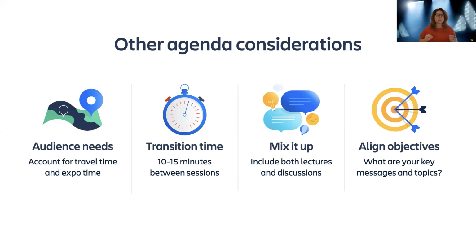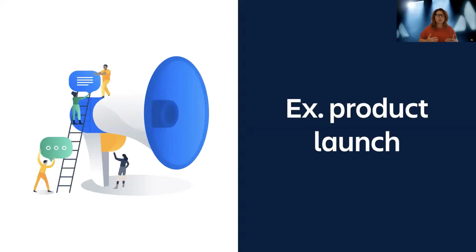And again, don't forget to align your objectives to the volume of content at your events. What are the key messages that you need to deliver for the different products and audience roles that you want to account for? How does that drive your agenda for the day? If it's a larger multi-day event, how might you categorize your content into tracks or topics? As an example, at Atlassian Summit, we look at our OKRs and go-to-market strategy to help determine what those track categories are. Then we work with each product marketing org to make sure that we source those relevant key topics and themes.